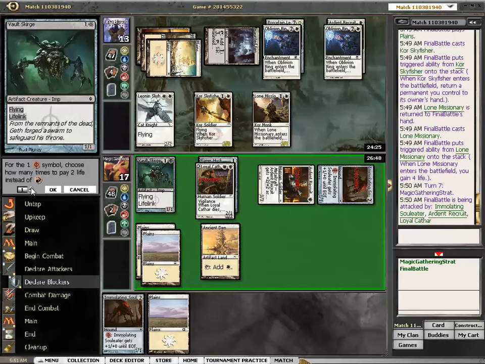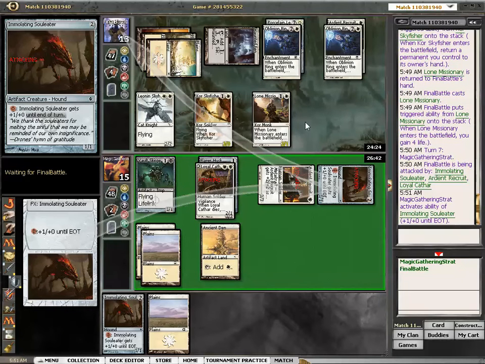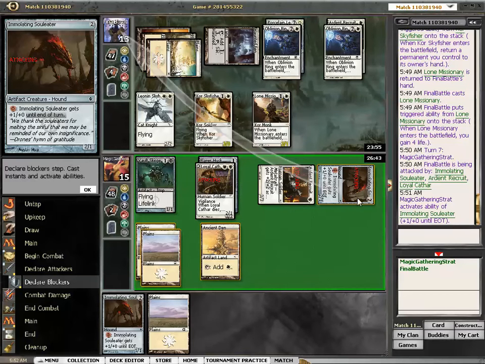7, so I need to do it 6 times. Okay, I can't. Interesting, why didn't he block? Did he misclick? Such a simple block with Lone Missionary. Well,